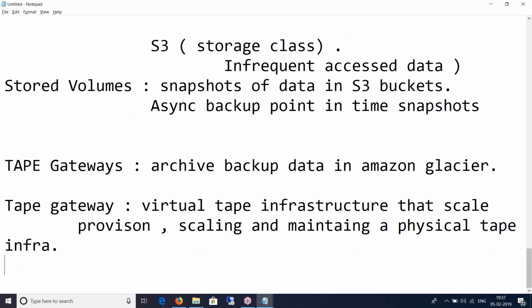So to that tape gateway, you establish a virtual tape infrastructure, and the entire data is being saved to the virtual tapes, and they are being backed up by S3 again. You can archive these virtual tapes in the form of virtual tape shelf that's being backed up by Amazon Glacier. It's always recommended that if you want to have long time archivals, we always use Glacier and not S3.